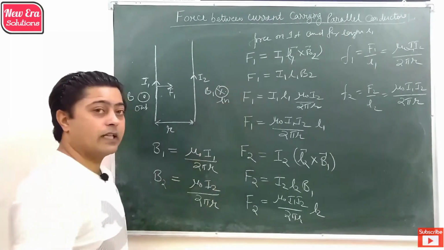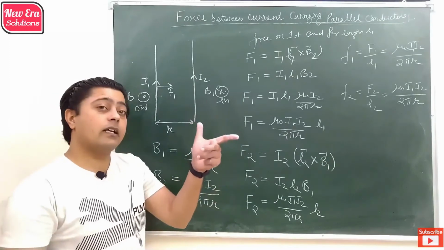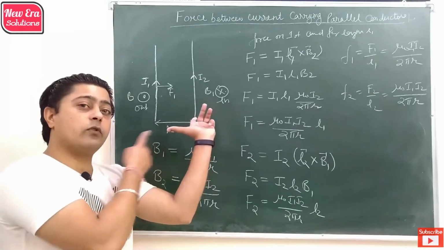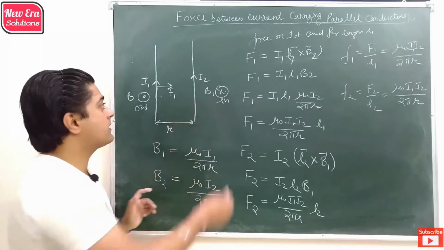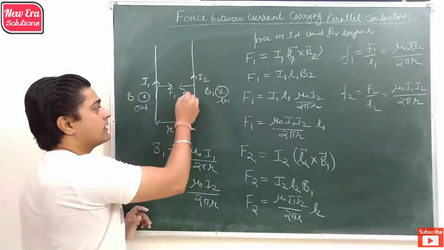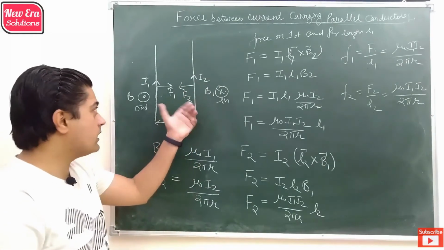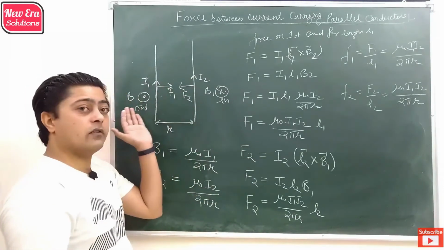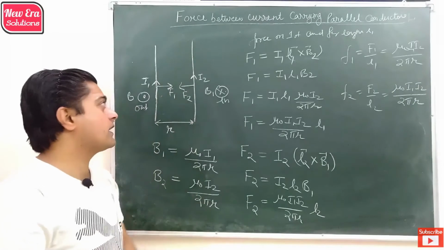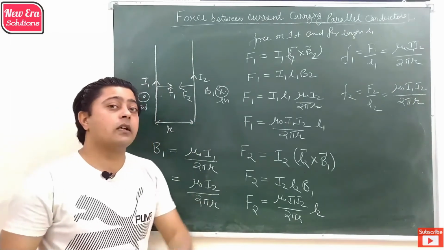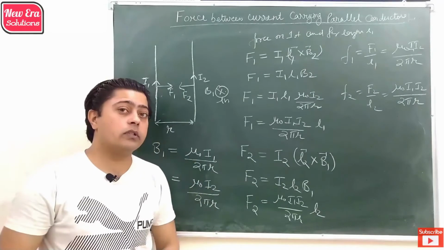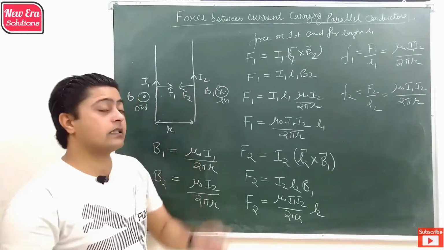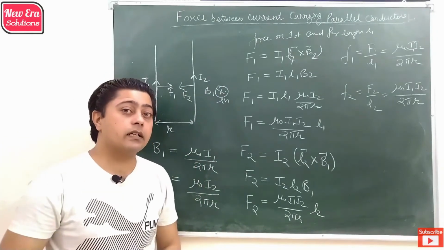This is the sign of inward direction, and according to Fleming's left hand rule, when current is upward and magnetic field is inward, the force acts towards the left hand side, so it will experience a force toward the first conductor. Now we observe the first conductor is attracted towards the second and the second conductor is attracted towards the first. So these two current carrying conductors attract each other when the direction of current in both is the same. And if the direction of current in the two conductors is opposite, then these conductors repel each other.